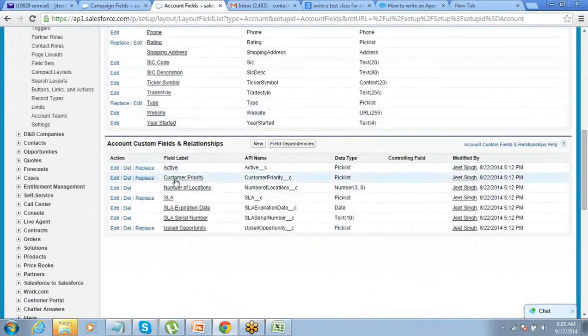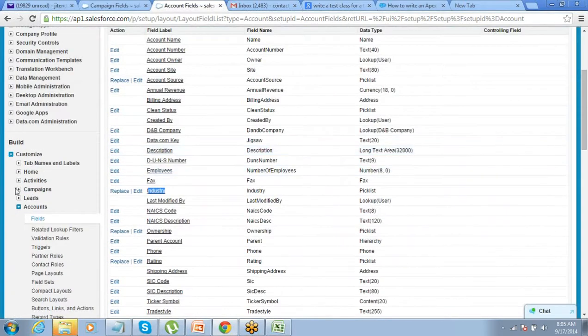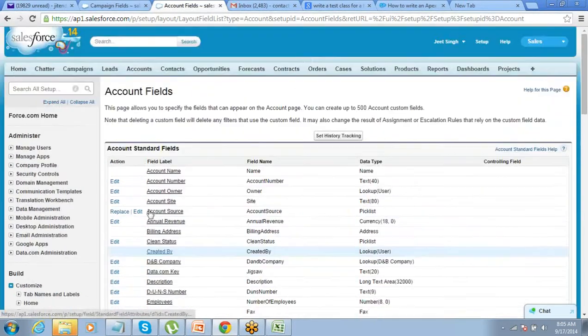Got it? See, there are so many custom fields also here. Number of locations. I could have asked you this and you still might have thought of it as a standard field. So every time you see a field that you have to make certain changes or customizations to, you just need to go and see whether it is standard or custom. And where will you go to check that? Setup, customize, go to that object and check it. Clear? So that is one thing.